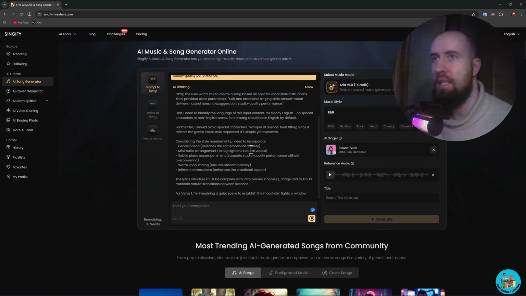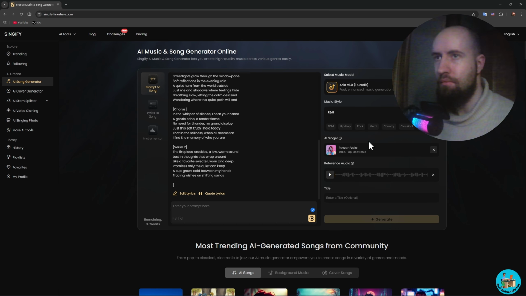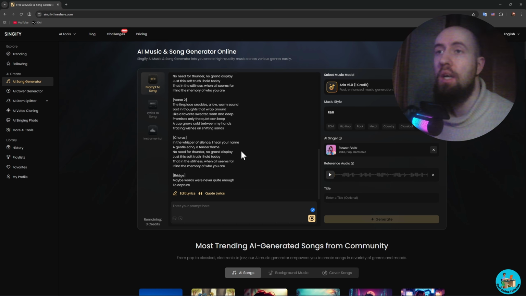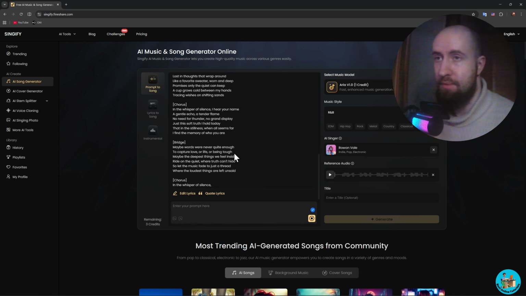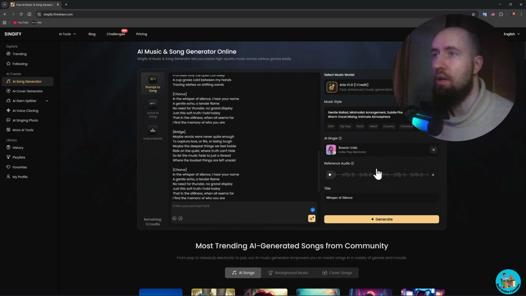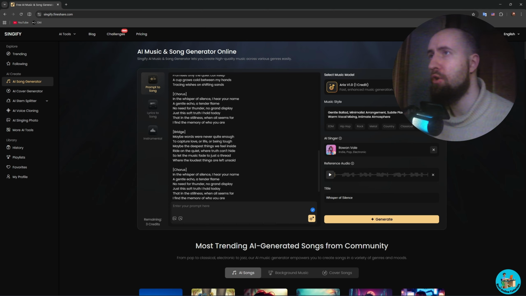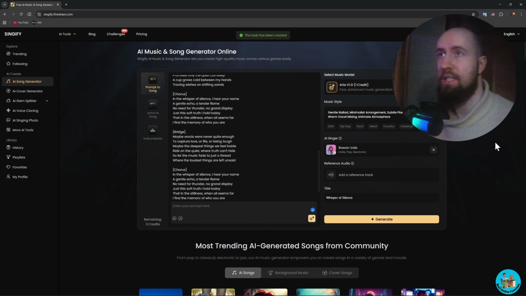Okay, now press on send. The AI will think now, and let's wait. Okay, now we have the verses, the choruses, and pretty much the lyrics being generated in real time. And now, as you can see, you can use the reference audio or remove it, and then generate your song. As you can see, we will be charged one of our credits to create this song. And I will just press generate, and let me talk to you more about the prompt so you can understand